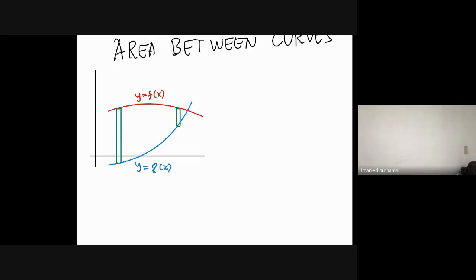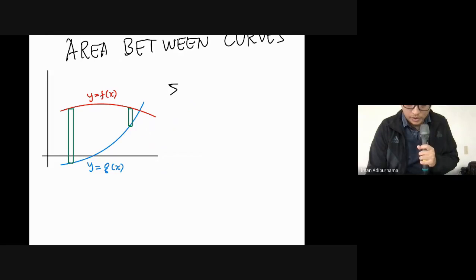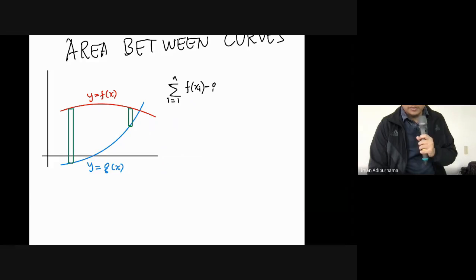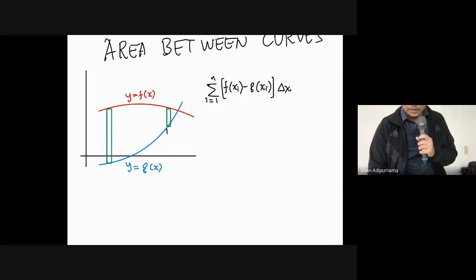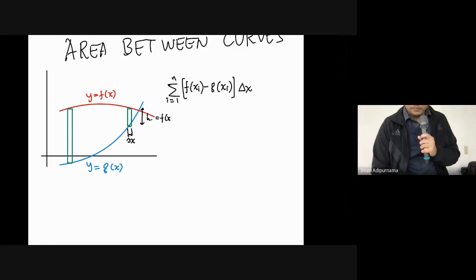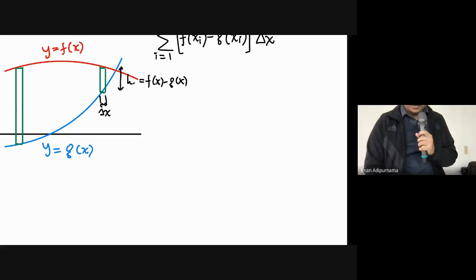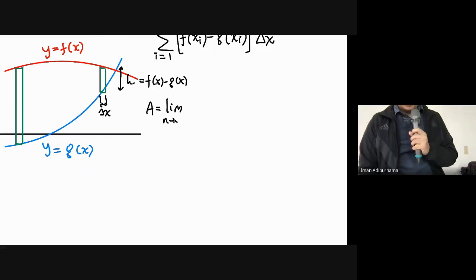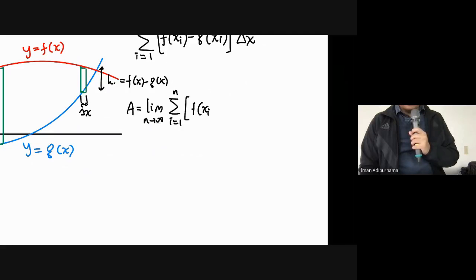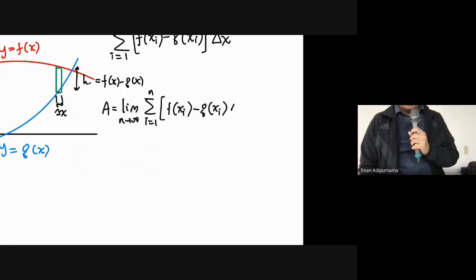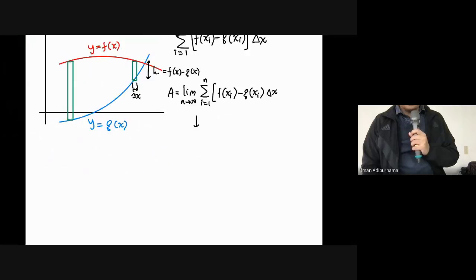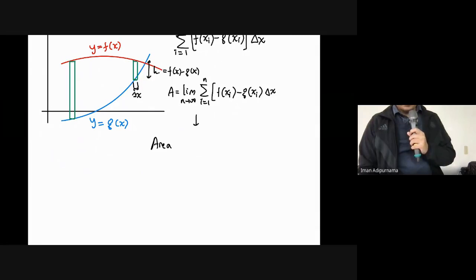Okay, so if we have the sum of n terms multiplied by the delta, let's say this is the delta, and this is the height, the area will be the limit as n approaches infinity, and we can define this as the area of the region